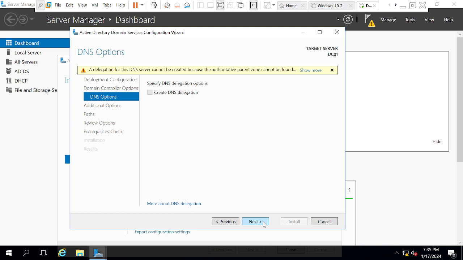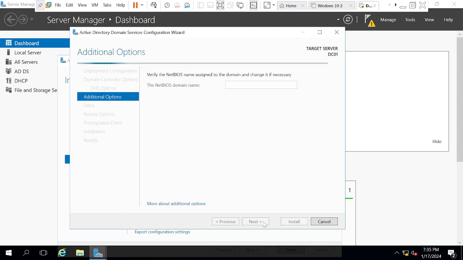And see, I'm not selecting anything for the DNS. I'll just go with the default option. And now it will ask for the NetBIOS name. See, there are two kinds of names in IT, guys. One is the NetBIOS name, Network Basic Input Output System name. That is called the NetBIOS name. Another one is